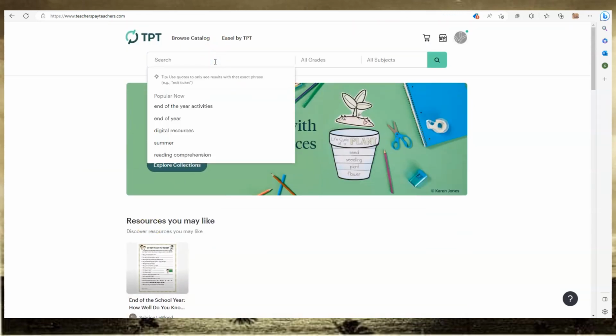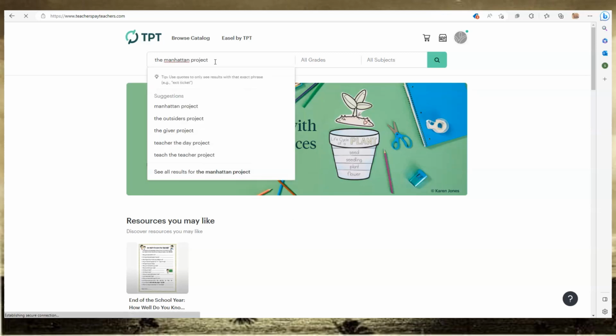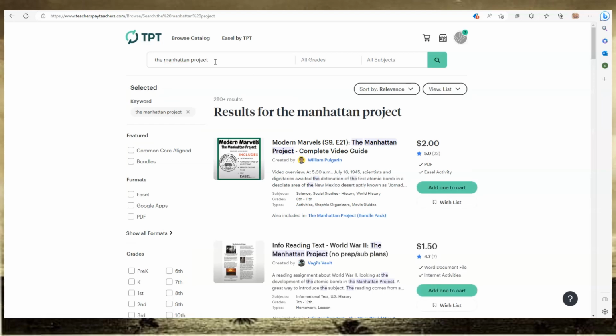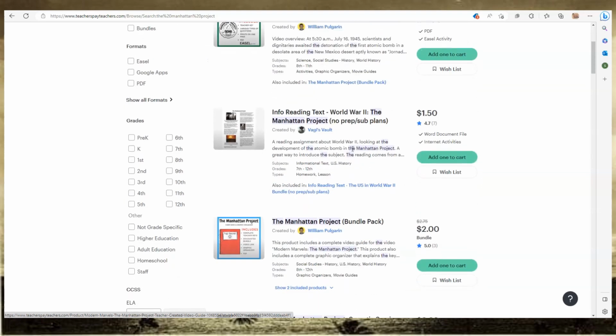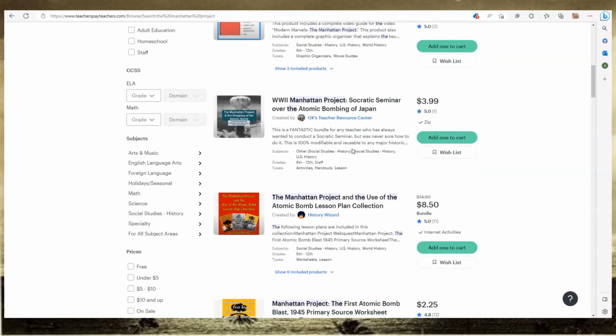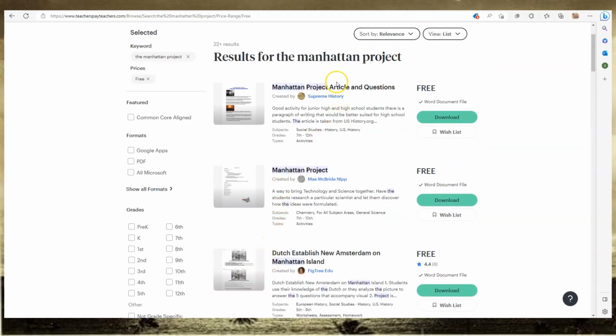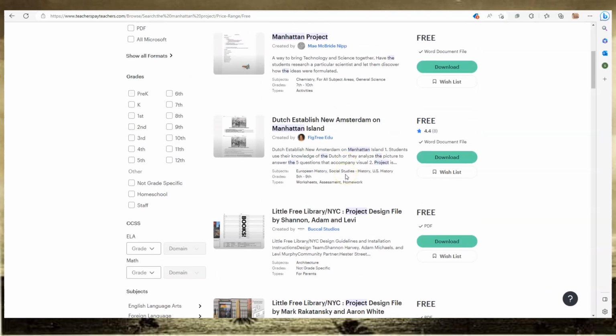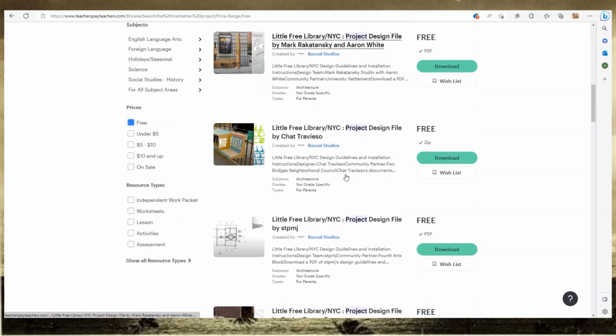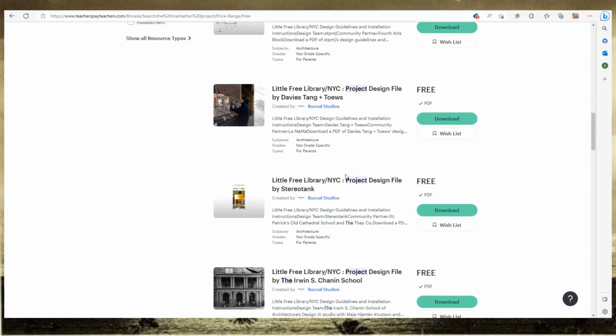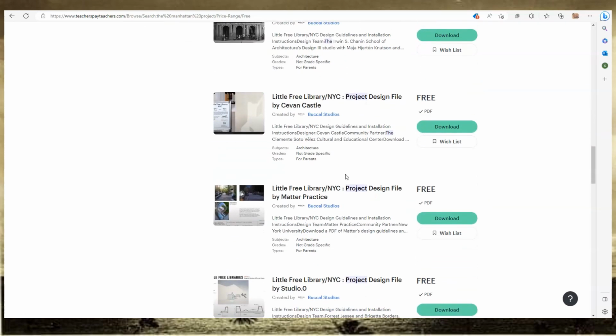So I could type in the Manhattan Project, and first we'll look at it without taking away the freebies. So they have the Marden Marbles, which I am going to be showing you that video. That's one of the videos that I'm going to be sharing. But that does cost money if you wanted to use that. But you can come down here under free and see what kind of different lesson plans that you might get that are affiliated with the Manhattan Project,